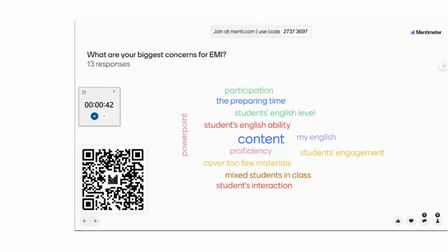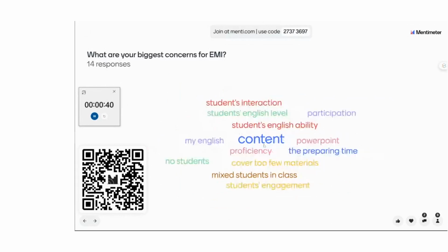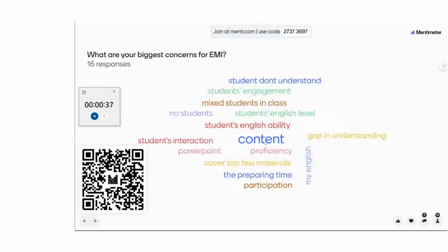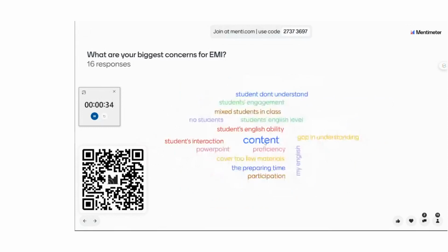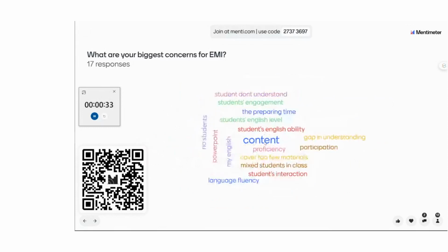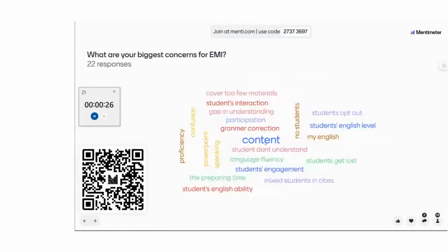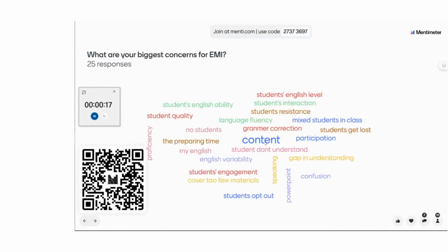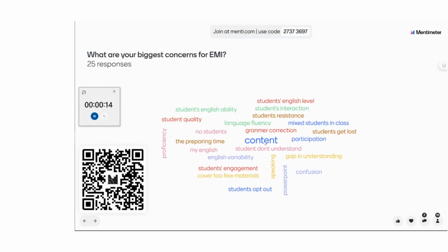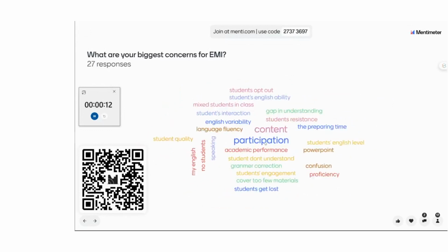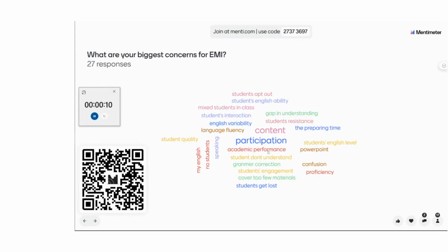So the size of the word displays the frequency of the responses in the word cloud。那个字的大小，比如说 content 这个字比较大，它就是可能有不止一个人他写了 content 啊，所以你就会看到那个文字云就是这样子，就是填写的次数越多的，它的字就会越大。好，你看现在 participation 跑出来了，所以 participation